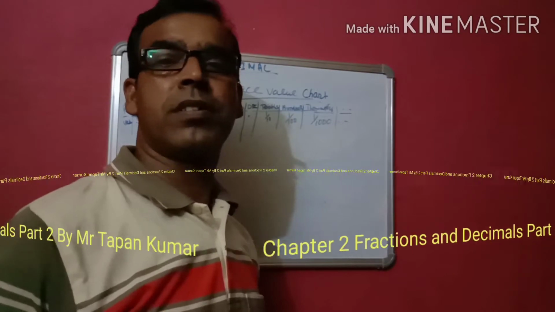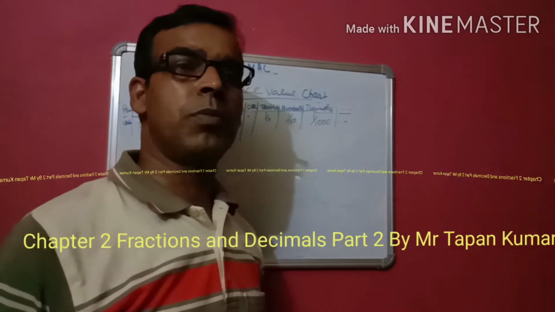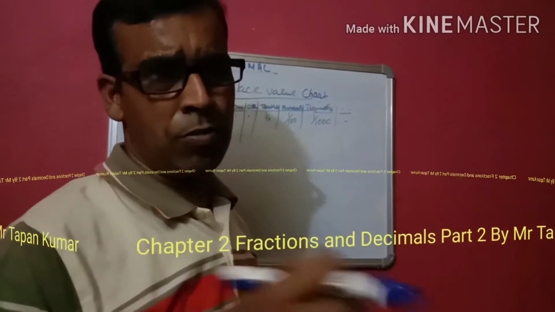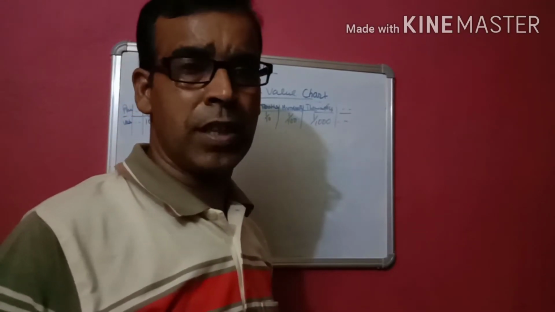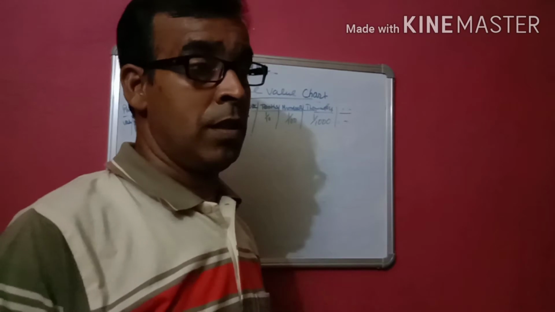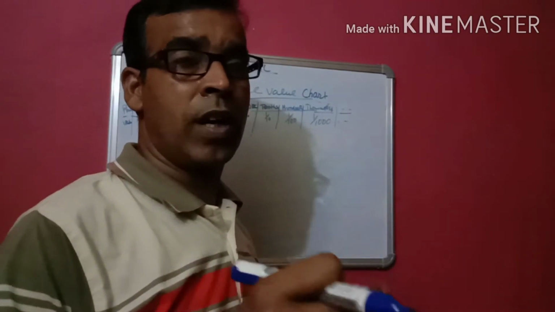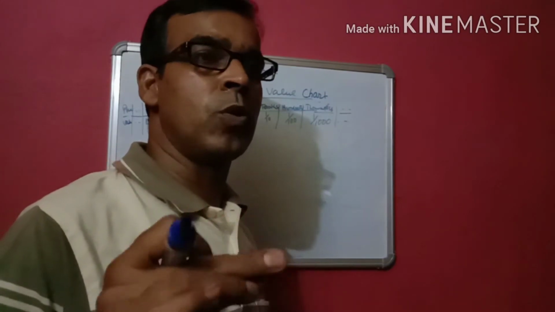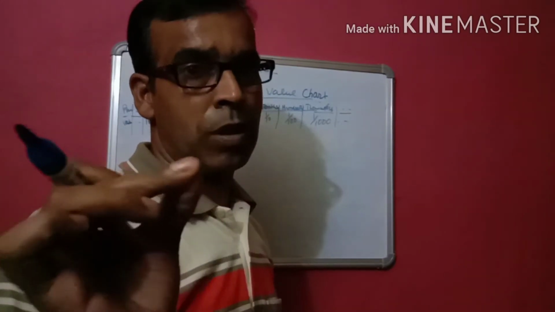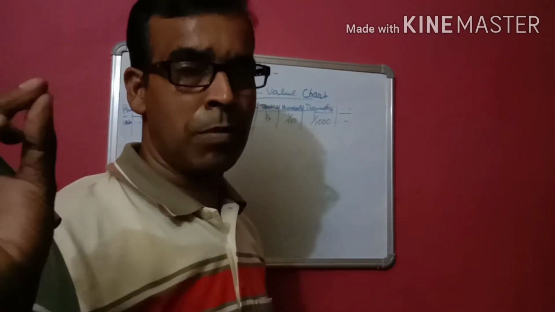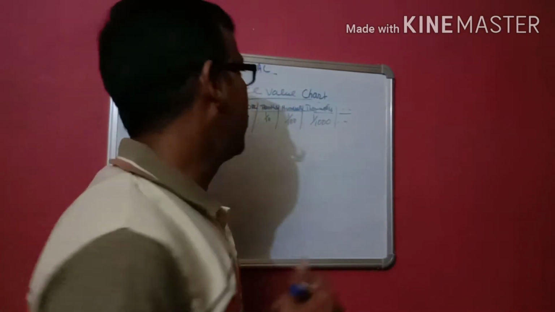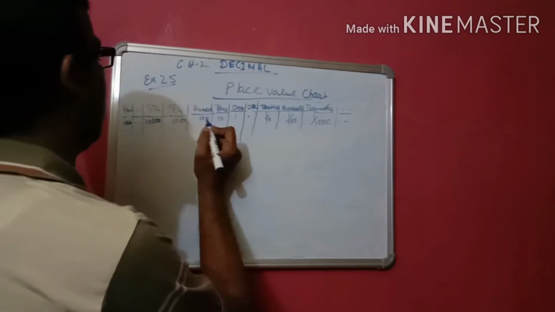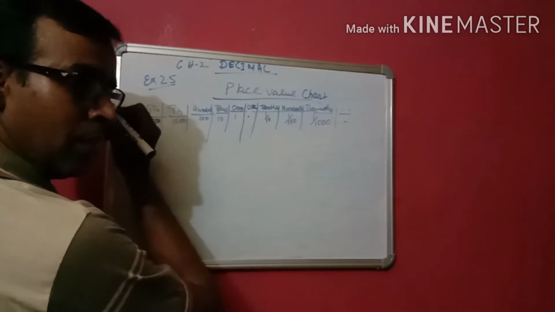Here we have to discuss decimals. Before we start decimals, we have to know the place value chart of decimals, where we put the point, and what the places of ones, tens, hundreds are, as we know in standard 6. But now we have to know the tenths, meaning 1 by 10, 1 by 100, 1 by 1000. Okay, see, first of all, this is ones, tens, hundreds, thousands, 10,000, and so on.